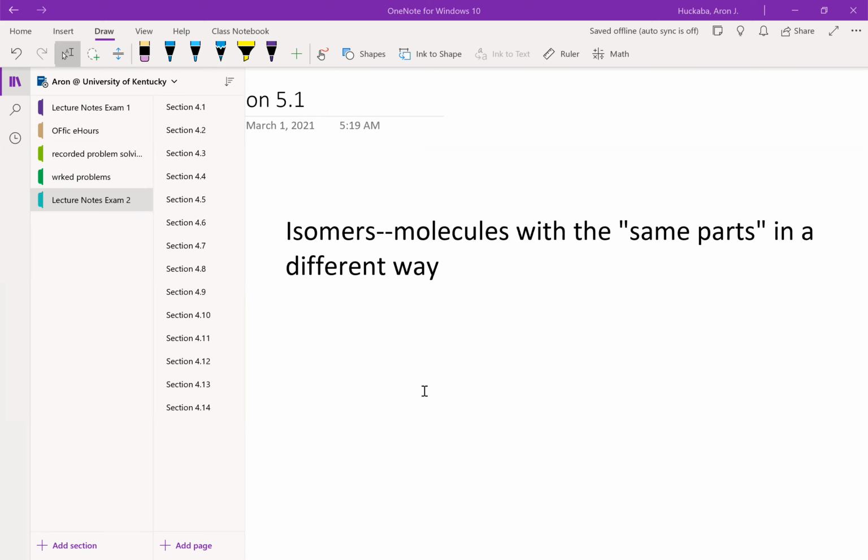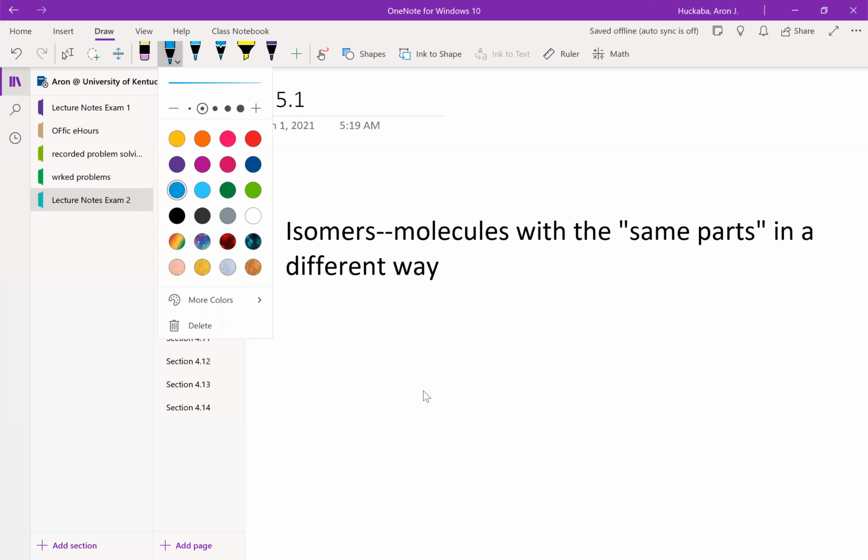That is, molecules that have the same parts, such as atoms, but have those atoms arranged in a different way, either through different connectivity, meaning the atoms are bonded to each other differently, or in a different spatial arrangement, that is the way the atoms are located in 3D space. Now, the first type of isomer that we learned about, if you remember,